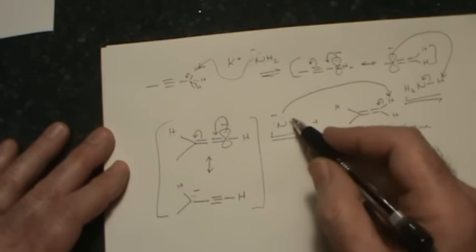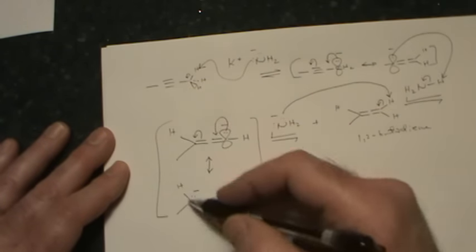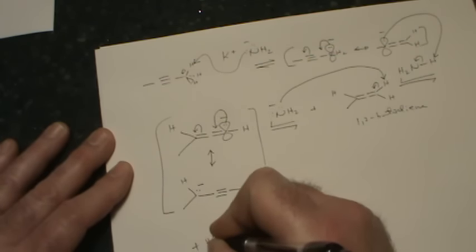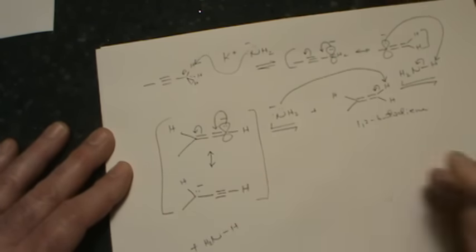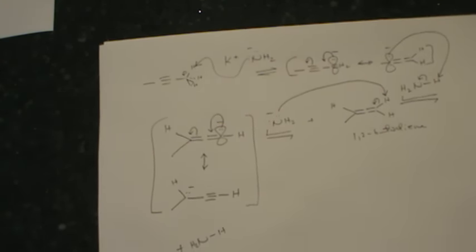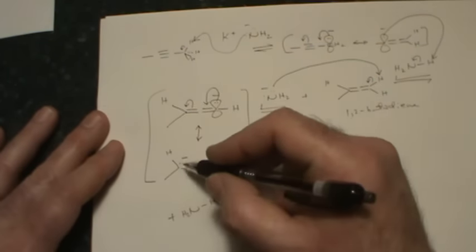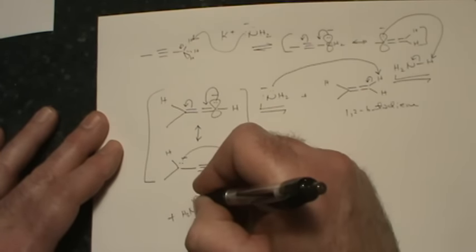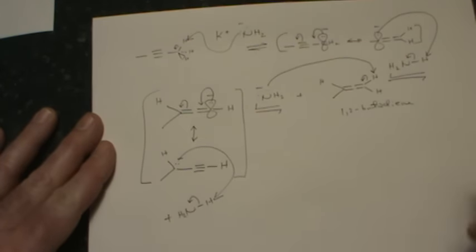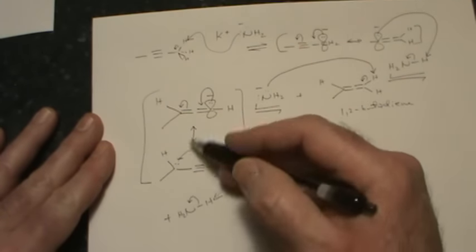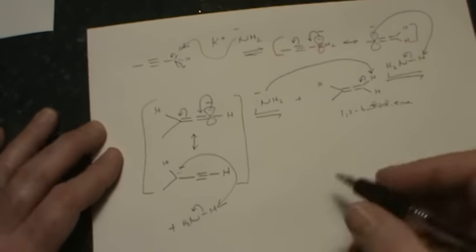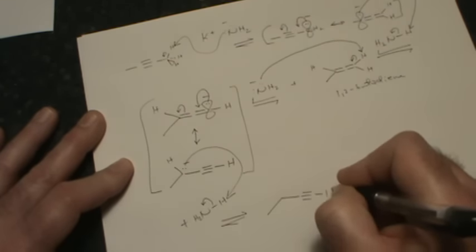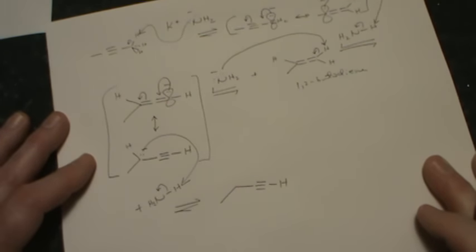Since it was amide which picked up this acidic proton to generate this resonance delocalized carbanion, I must have, in the same step, produced ammonia, NH3. And once again, there's lots of ammonia floating around. It is the solvent for this reaction. But I'm going to go ahead and use the one that I just created. Now the ammonia is acting as the weak acid, protonating this strong base. This carbanion would be very basic. And it gives me the terminal alkyne as product,